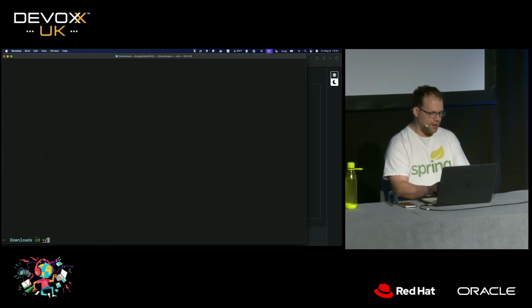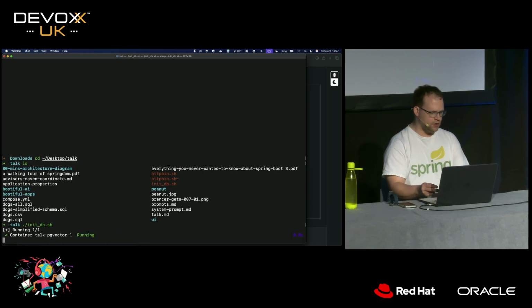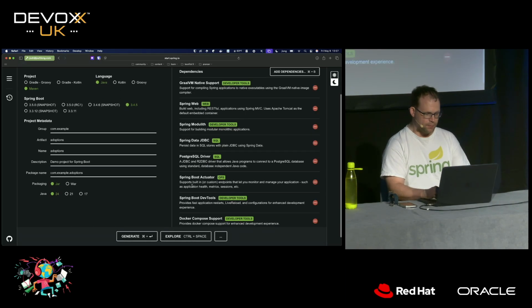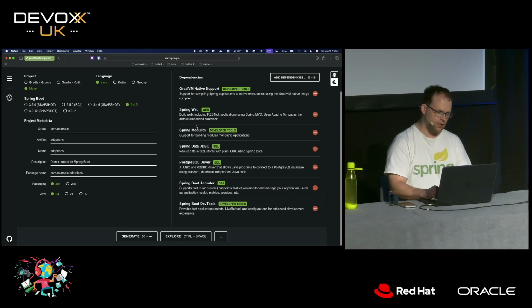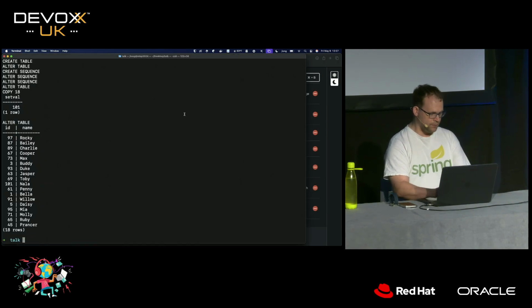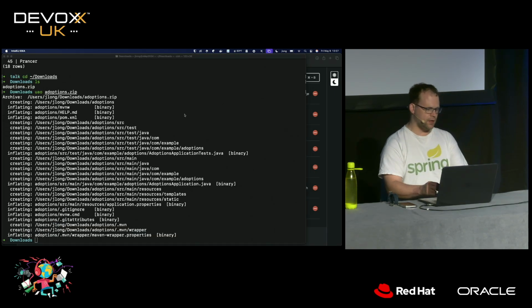compose.yaml file for you. But as it happens, I happen to have up my sleeve a pre-configured database full of data, so I'm not going to bother recreating the Docker image there, but it's just nice to know that you've got that option, okay? So DevTools, Actuator, Postgres, Spring Data JDBC, Modulith, Web, GraalVM. Okay, I'm good with that. Let's go ahead and open that up in our IDE. Here we go.